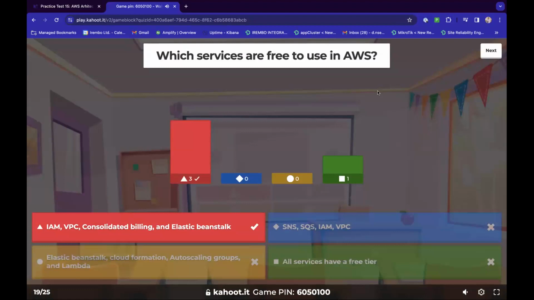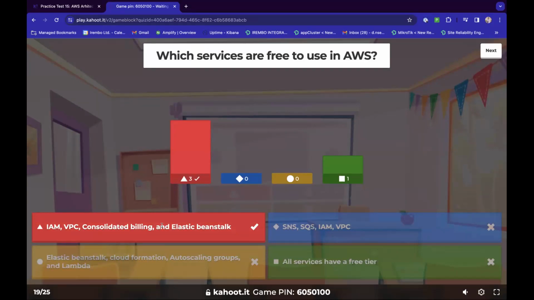So yeah, the first answer is the right one. With IAM, you basically don't need to pay anything. Same for VPC, same for billing. For Elastic Beanstalk, I will just have to confirm. But for the other three, I believe all of them are free. So for the other one, SQS, yes, James. Yeah, remember Elastic Beanstalk, you pay for underlying infrastructure, but you don't pay for the Beanstalk itself.